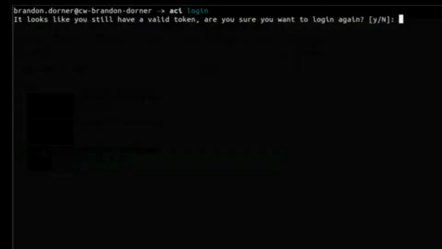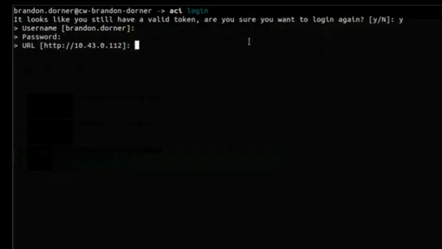It's going to give you a prompt that asks if you want to refresh your token if you're already logged in. I'm going to press yes just to show you how to log in. The first thing it's going to ask you for is your username, and you can see my name already in these brackets. That shows you that's the default option. You don't actually have to type anything, and you can just hit enter if you've already logged in. And then you're going to put in your password,